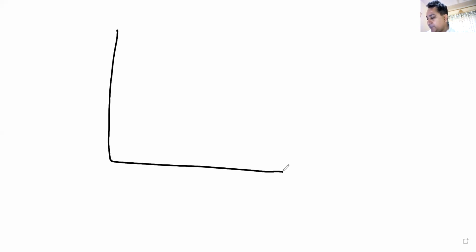We had two variables, x and y. What was x known as? X is known as which variable? Independent variable. Great. Karthik says independent variable, yes. And y is known as dependent variable, right? We saw this. And then we also discussed something known as the slope of the graph.